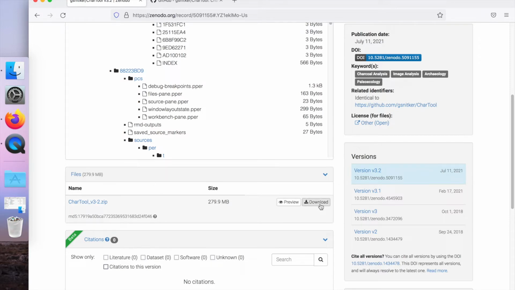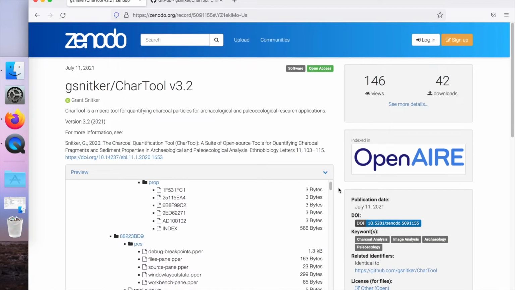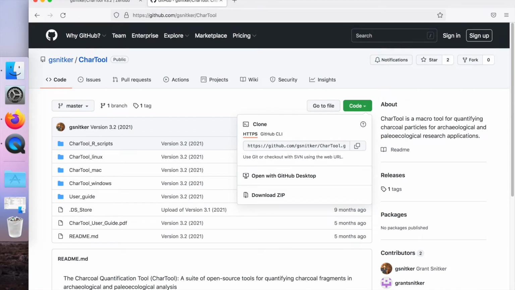Just click this download button, and it'll download a zip file of everything you need to run CharTool. Another way to access it is through GitHub, which this Zenodo is linked to, so you always get the latest updates there. You can go to GitHub and download the zip, or you can clone it, however you want to access it. Those are your two main options, either Zenodo or GitHub. So once you download it,